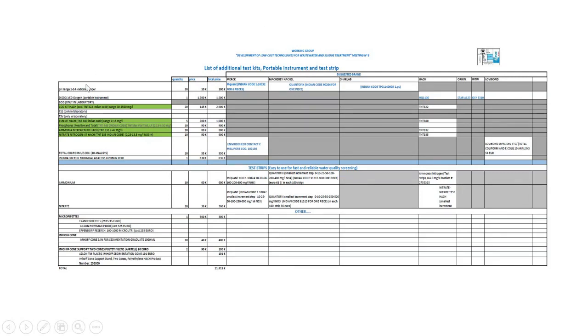For dissolved oxygen, I think it is possible to buy a portable instrument, and I put in this picture a possible brand that you can request